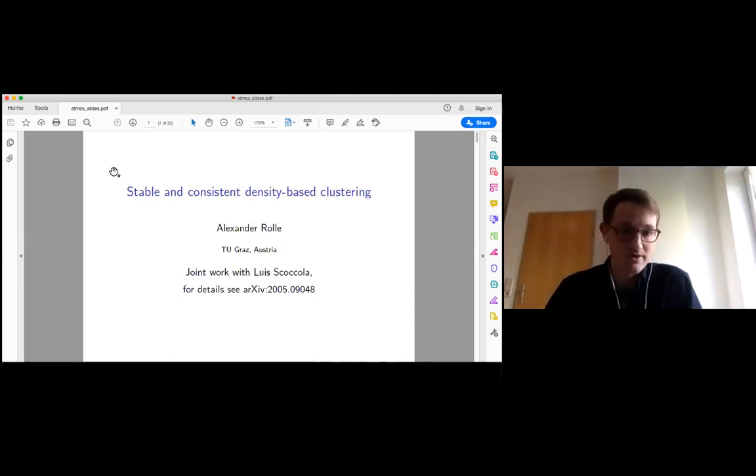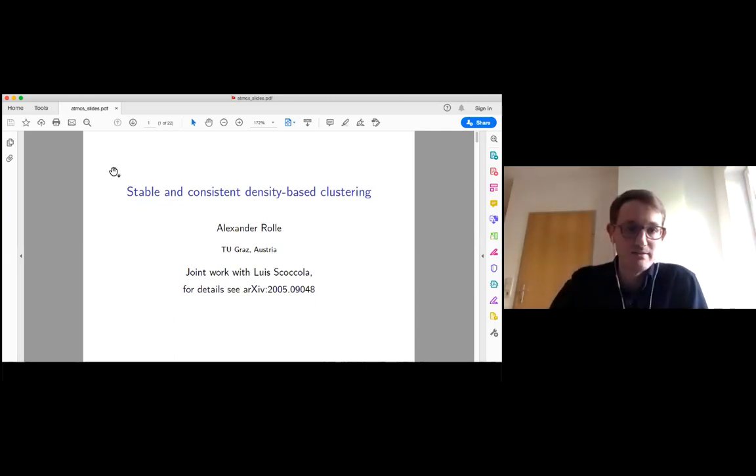And so the idea of this project is that by choosing the right kind of one parameter slices of this multi-parameter hierarchical clustering, you get a one parameter hierarchical clustering algorithm that has nice properties and satisfies a stability theorem and is consistent. Okay. So I'll begin by talking a little bit about one way to set up density-based clustering.